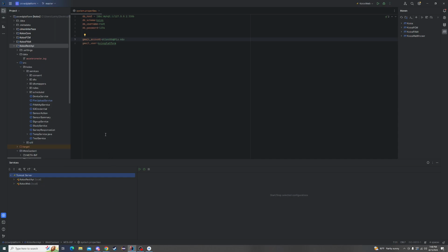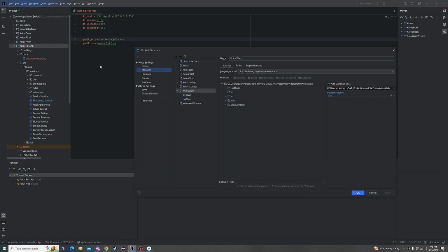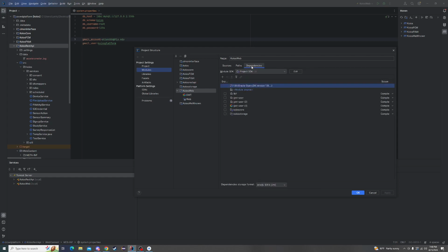Then go back into Project Structure, Modules again, but this time click Dependencies. In this section, click the plus button and select Module Dependency. Okay? Then you're going to make sure that the modules have the following dependencies. So when we go to CoreOS Core, for example,